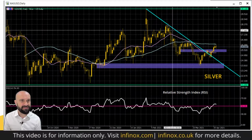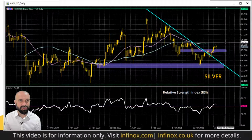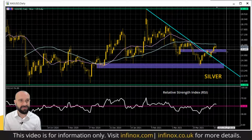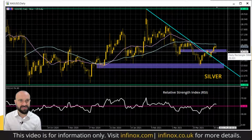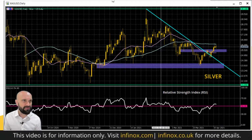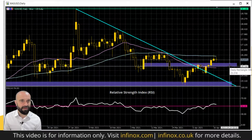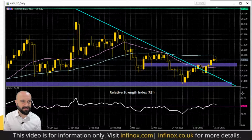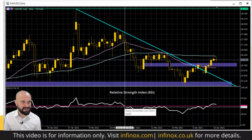And finally, onto the silver chart. Again, another play that against the dollar is gaining ground. Silver pulling higher tends to be seen as dollar negative. And we can see that you've moved through this band of resistance here, which is 25.30 to 25.60. If I zoom in slightly more, you can see that actually it now becomes a basis of support on a pullback. And you've seen a slight degree of a pullback today, but you can see also the improving momentum on the RSI above 50 now. That's the best it's been since